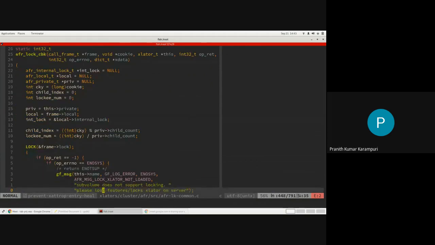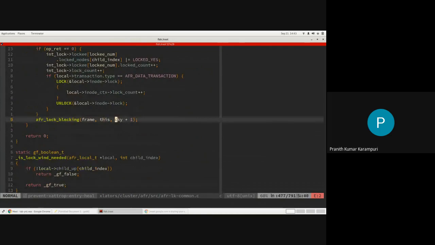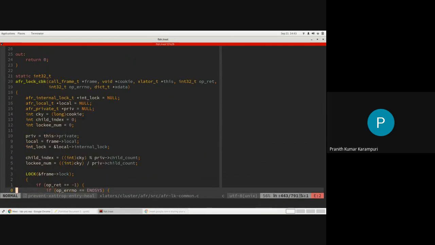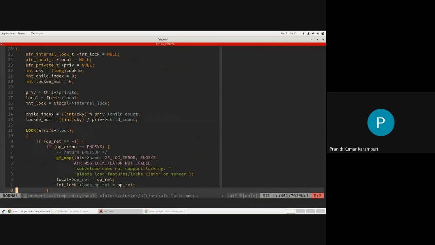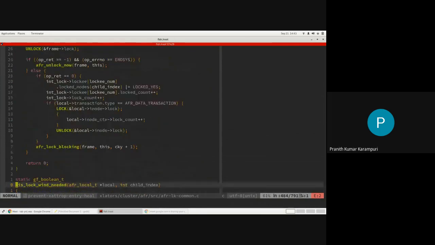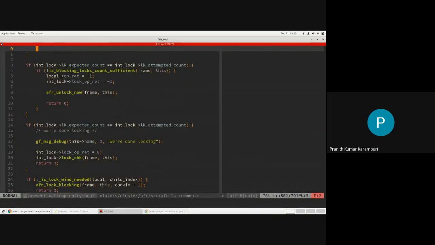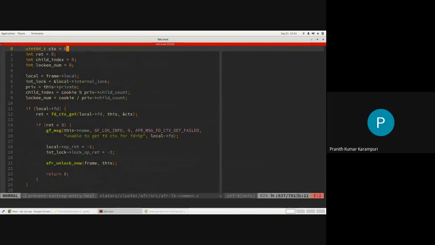We started with 0, now it will be the cookie plus 1. It will keep going to the next brick until the locking is successful. Once you are done, it will again call the lock cookie. At some point, all bricks will be done, and it will call lock underscore.